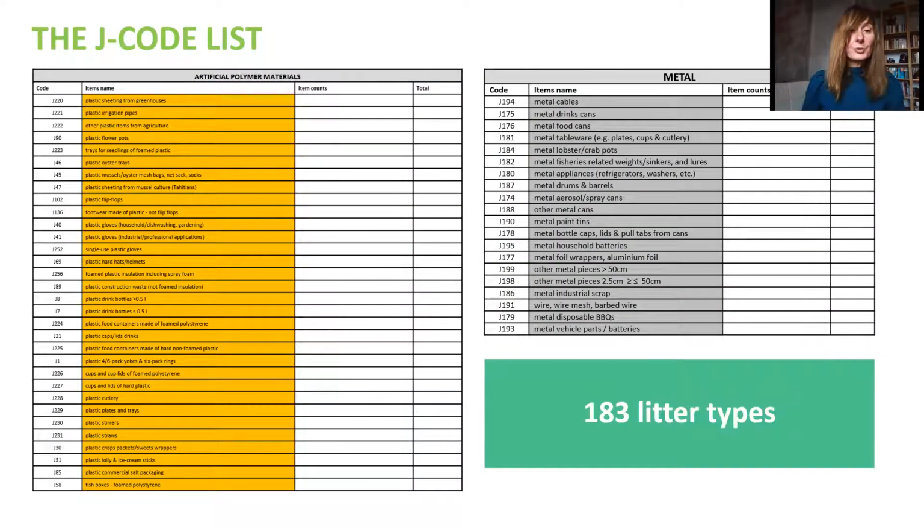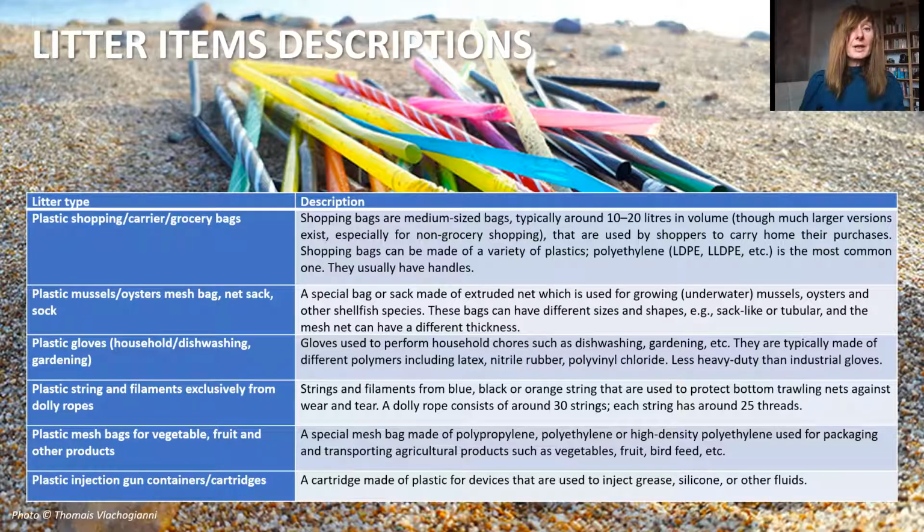So, the J-code list, a list of 183 litter items, should be used in order to classify marine litter in beach litter surveys. And in order to facilitate that process, detailed descriptions have been developed for each of these litter type categories. It has been observed by the analysis of different marine litter data sets obtained at the pan-European level